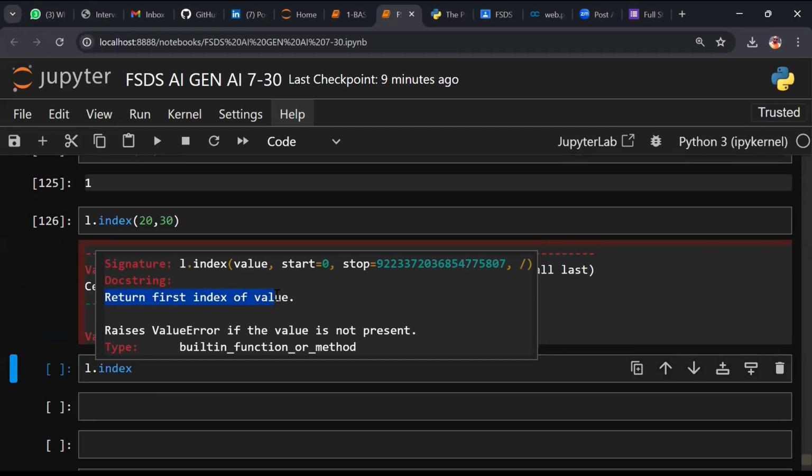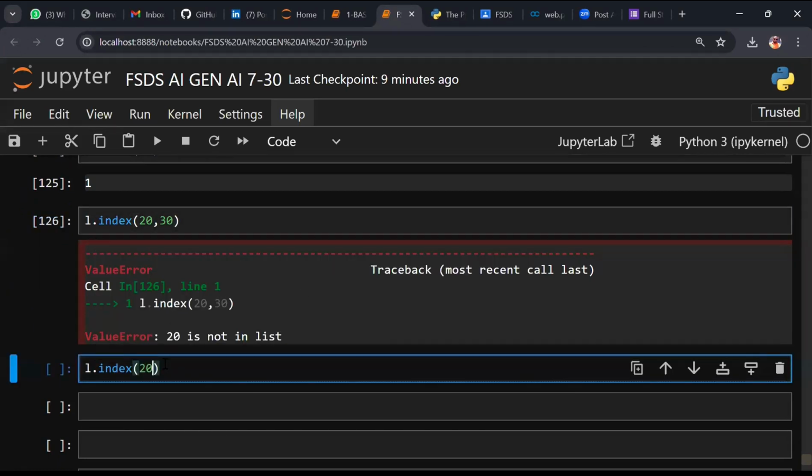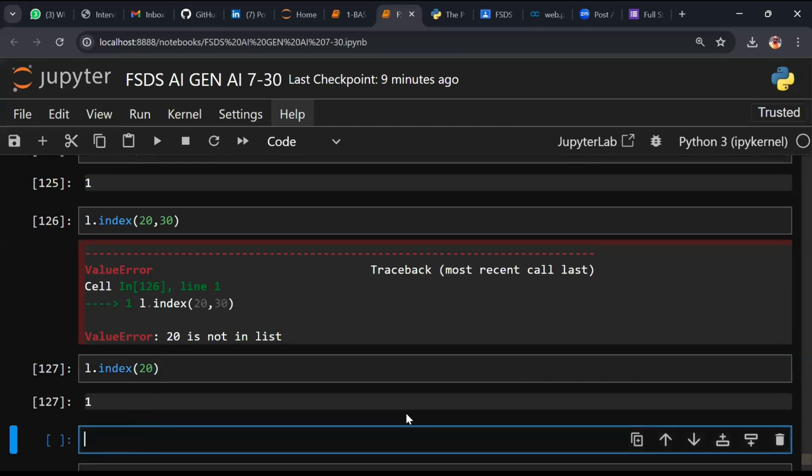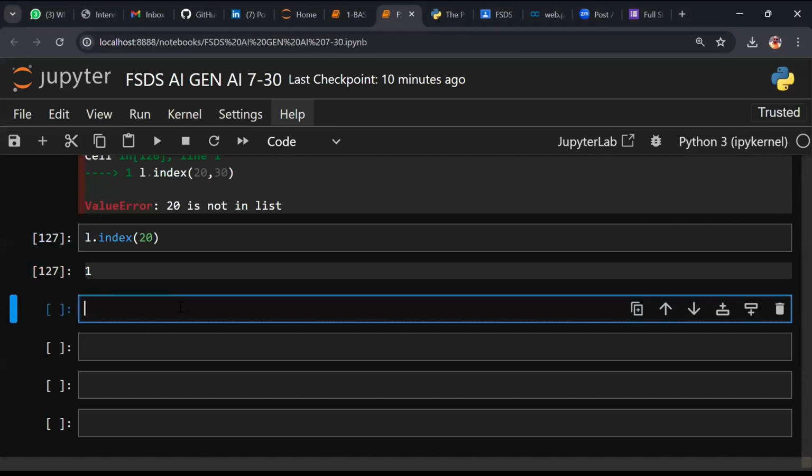Got the concept? What exactly does index say? It returns the first value. Online team, are you clear on the index concept? Fantastic. Always try to take help options.